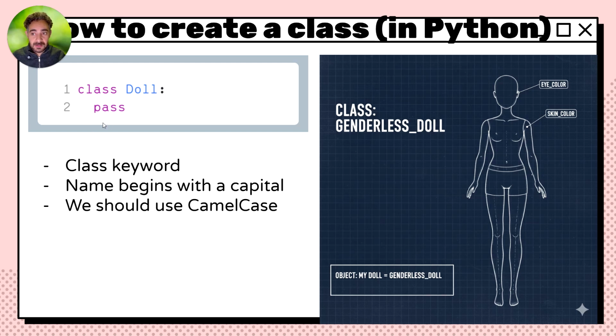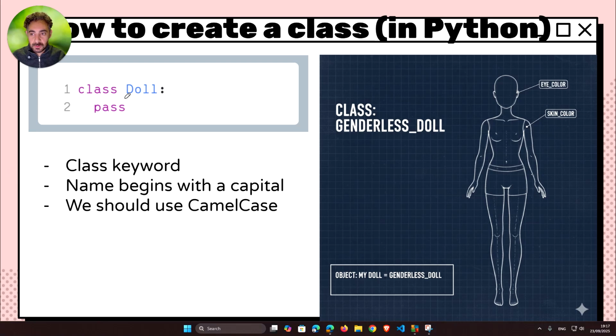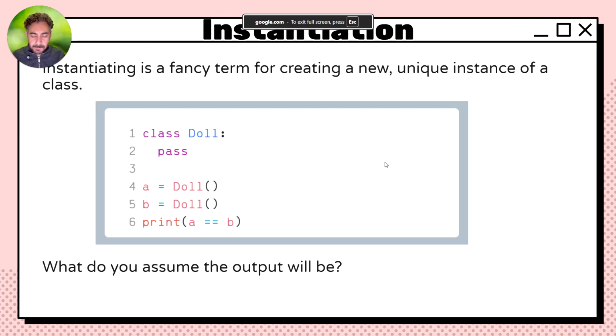And in this case then, when we create our class, you can see here I've got the word Doll with a capital D. And if the name of my class was to have more than one word, then we would use camel casing. So this is a naming convention so that when we look at our objects, we have an idea of what they are. Right, so like I said, when we create an object,